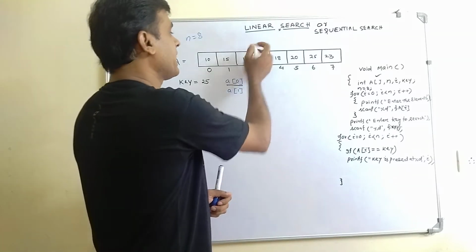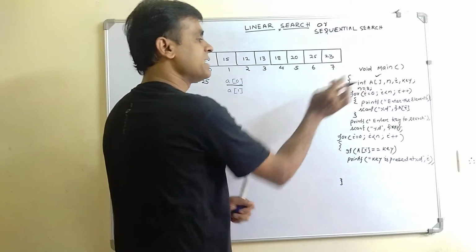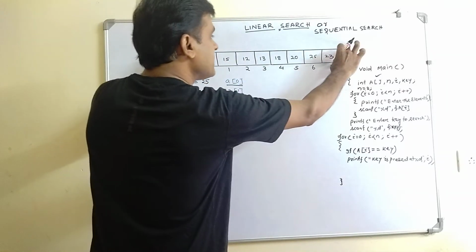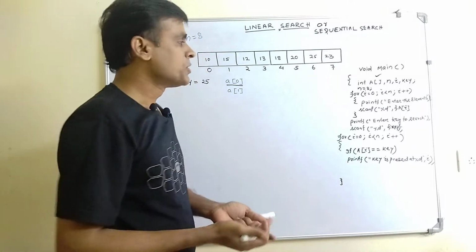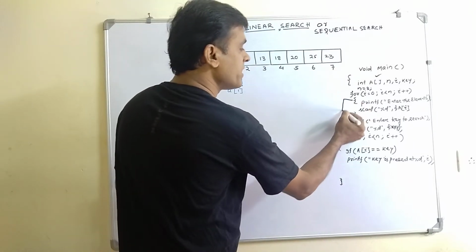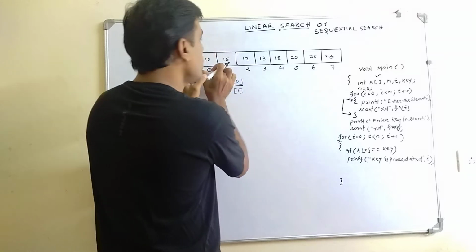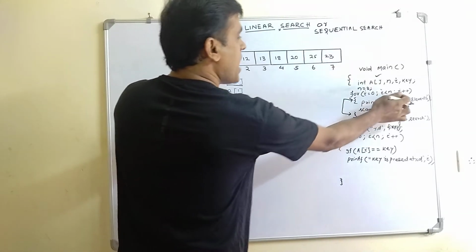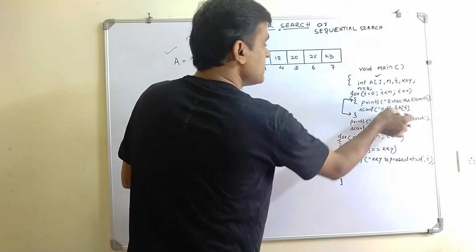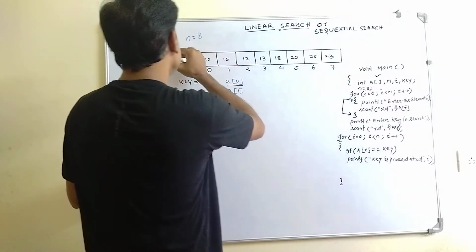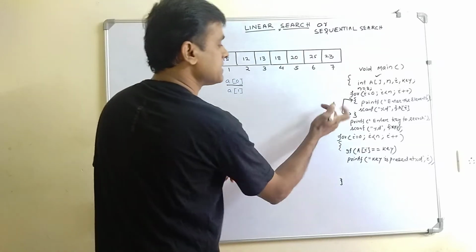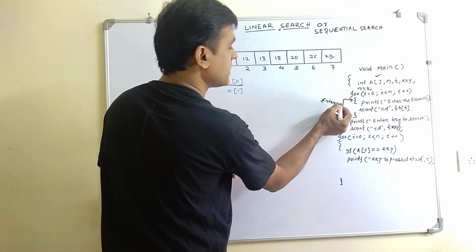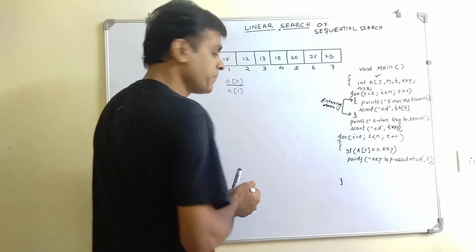Suppose for my array the size is 8, so I have taken n equal to 8. First, I have to enter the array elements, then only I can search. So I have taken one for loop here. For i equal to 0, i less than n, meaning up to 7, i plus plus, each time you enter the elements and store them in a of i. This is my enter part, entering data. So the data will be entered.